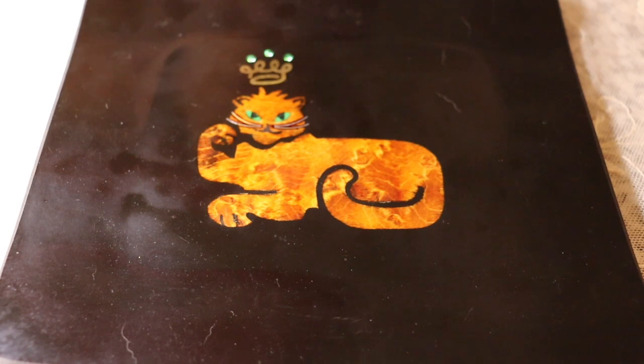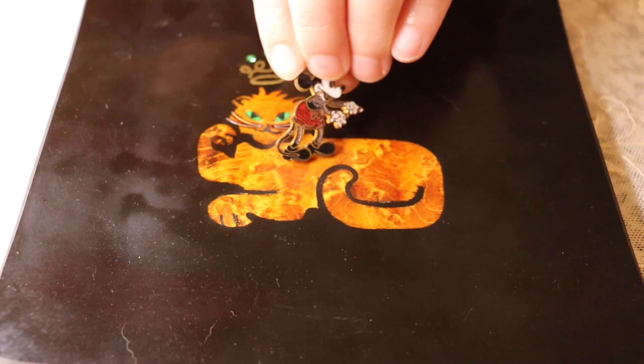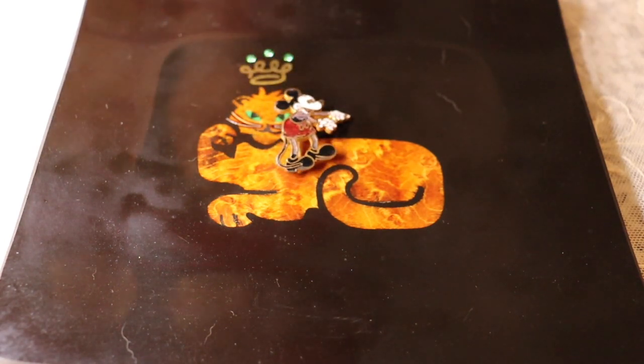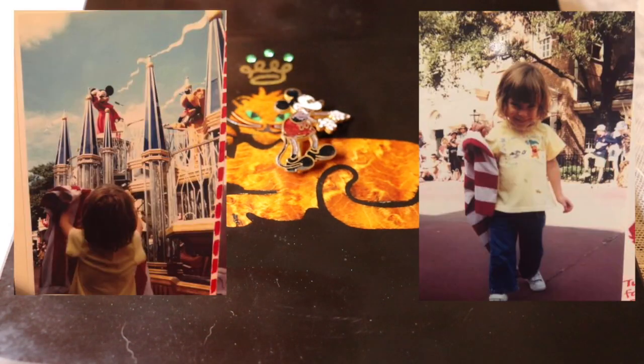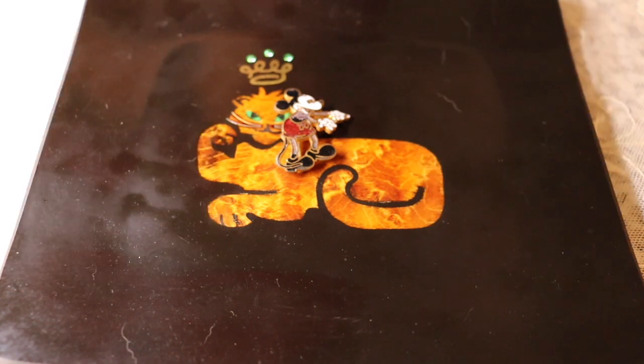Now, I've got 3 more brooches left to share for this video, and this one was my grandmother's as well. Now, this one's extra special because I love Mickey Mouse. I always have loved Mickey. In fact, when I would go to Disney World when I was little, if Minnie was there instead of Mickey, I would actually cry because I wanted to see Mickey. And I always hated if they said that Mickey wasn't going to be there or didn't have the right hours for the show schedule and Minnie was in his place. I would just get so upset. So I've always loved Mickey for some reason, and it's fun to get a Mickey brooch from my grandmother,